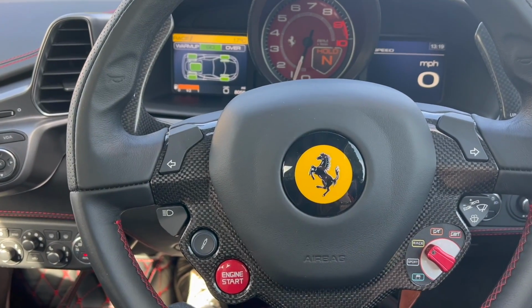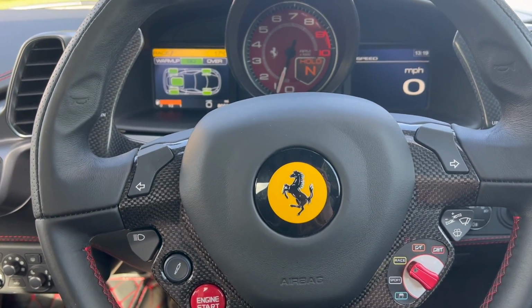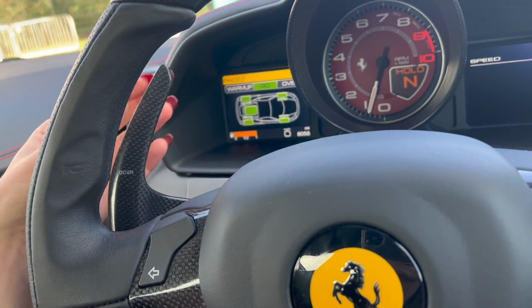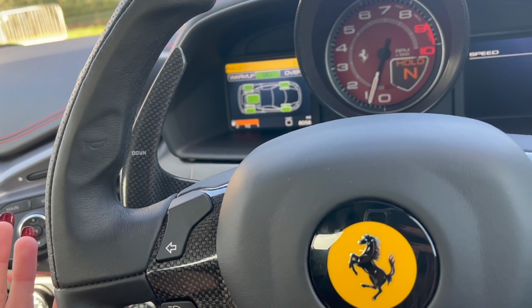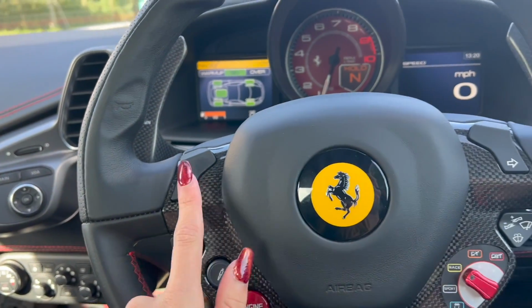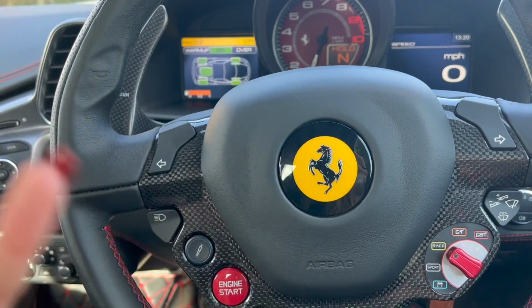So now onto the inside. Obviously it's the place where you sit the most. It had a lot of influence from Michael Schumacher, which is why it has these gorgeous giant paddle shifters here, so they're easily accessible. But it also means there's no room for the conventional stalks. So the indicators are on the wheel, which is a little bit bizarre,